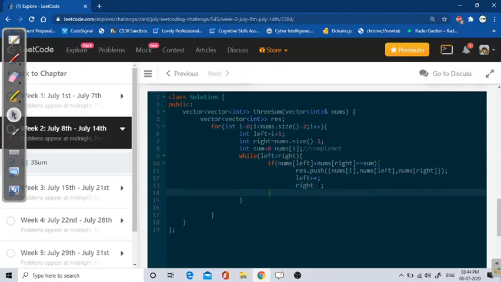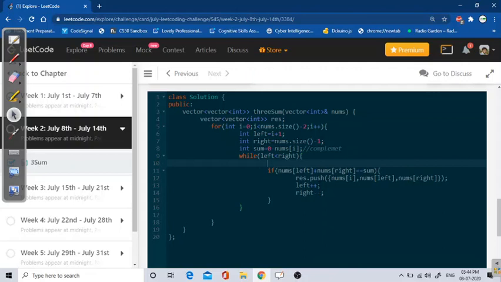And before doing this we have to take care of unique elements, right? If we have multiple triplets of the same value, then we have to take care of that. For that what I will do, I'll check if my I is greater than 0. I'll write it here, I'll check here only.